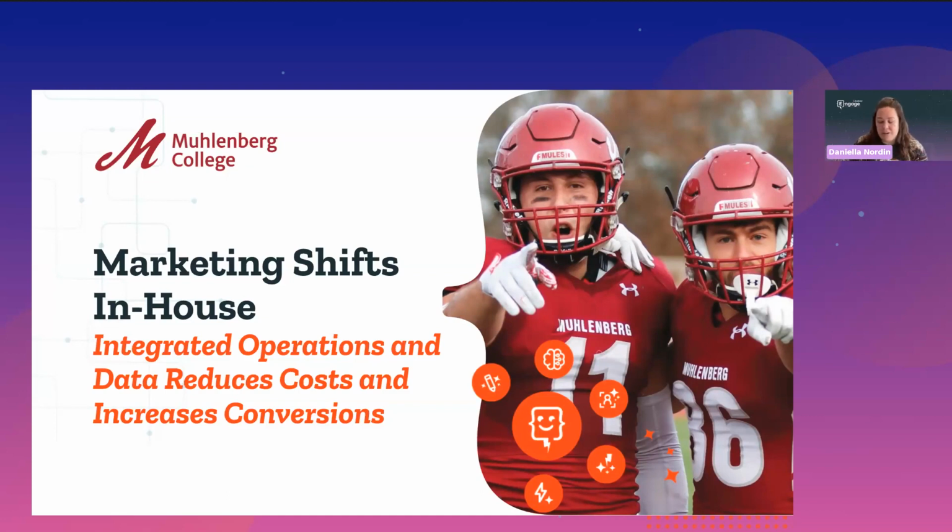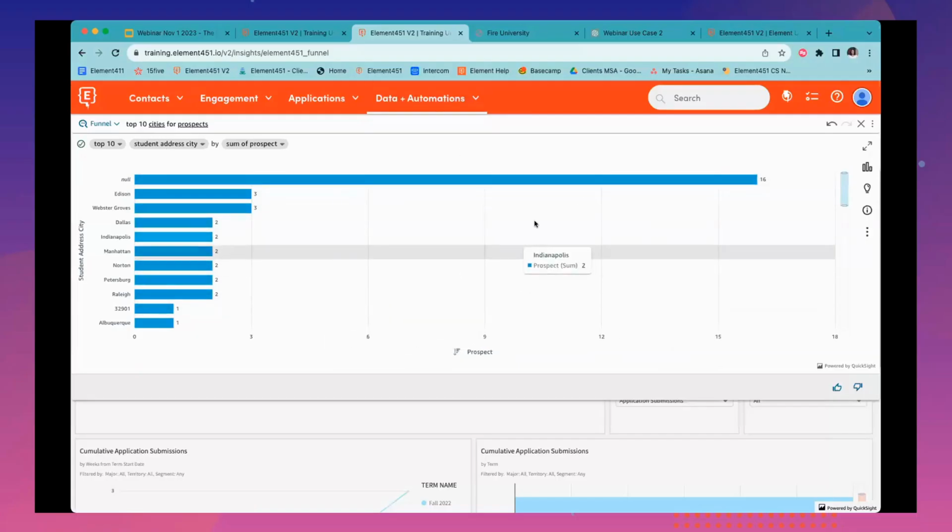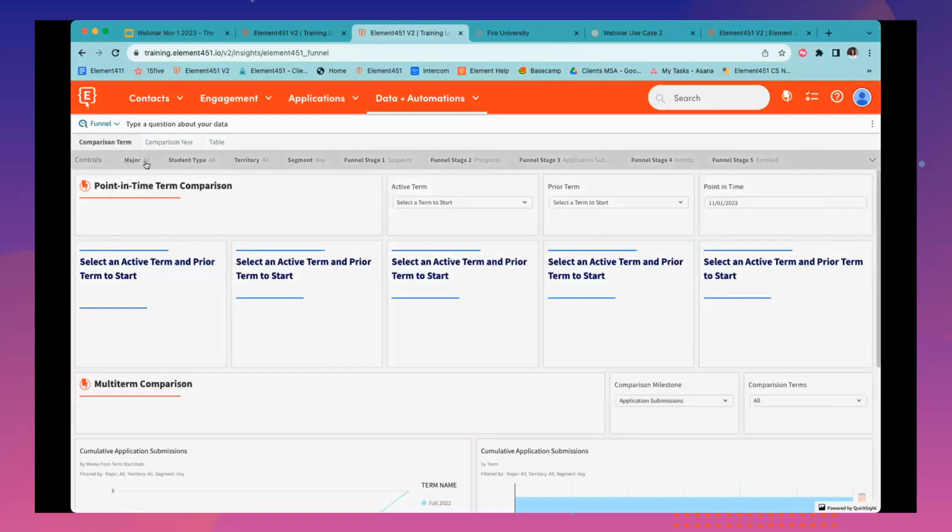So they took on this undertaking, they merged everything together, and what we provided was a natural language query for their data and operations that allowed them to have data and insights at their fingertips. So we talked a little bit about ChatGPT and how it's a natural language processor, how sometimes when I'm typing the questions, I think there's a person on the end here. Built in within our platform is a natural language query for data and insights. So you can see within our platform, we have insights. Most of you are familiar with this,